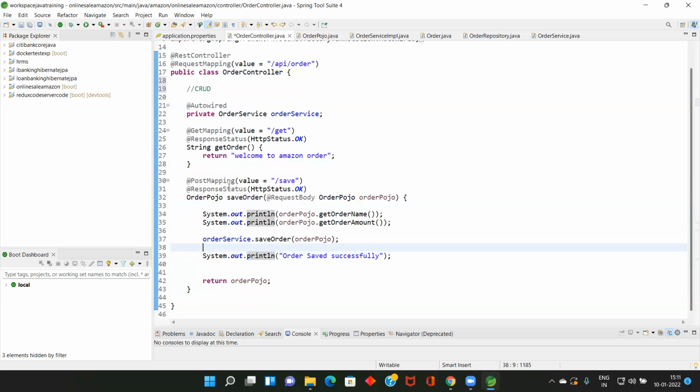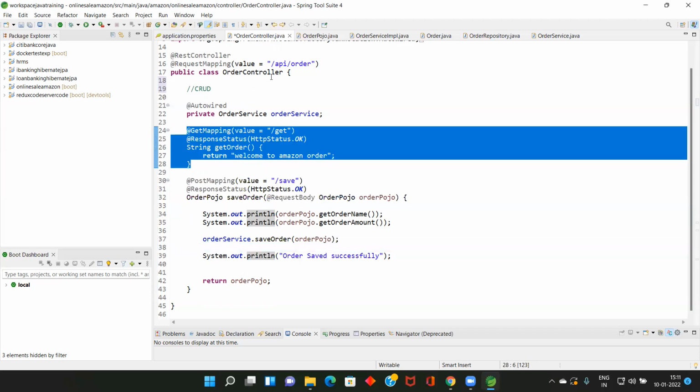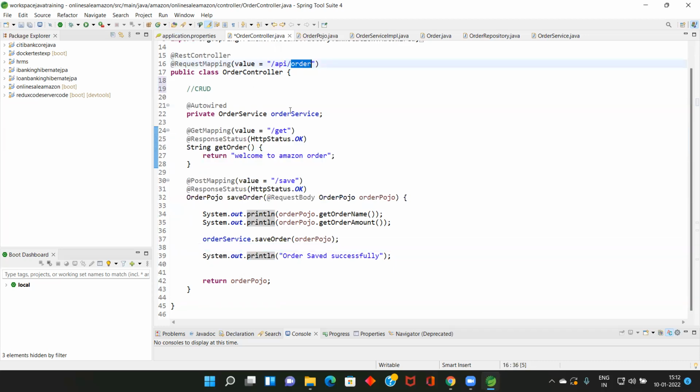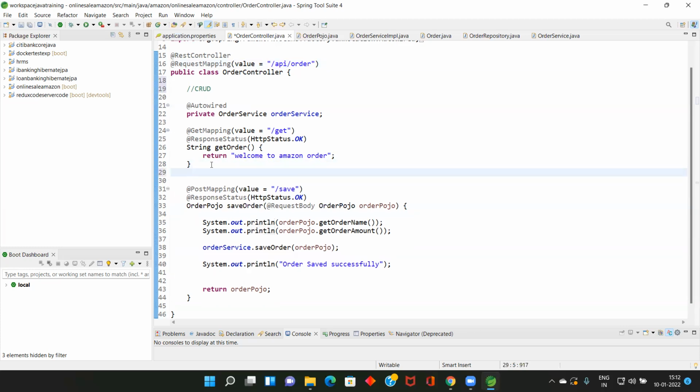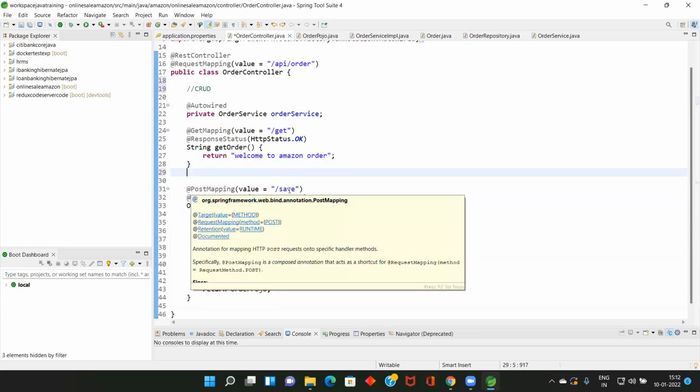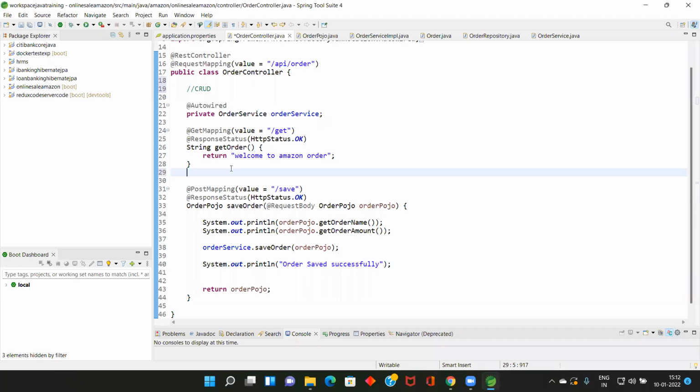Now we are going to work on single retrieval, then update, then multiple retrieval, and finally delete. So today we are going to cover all the remaining four operations. Create is completed. Now we work on single retrieval.